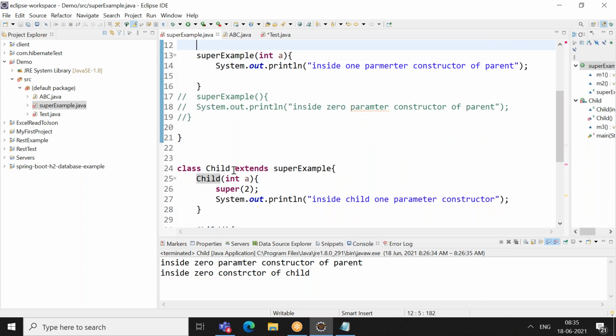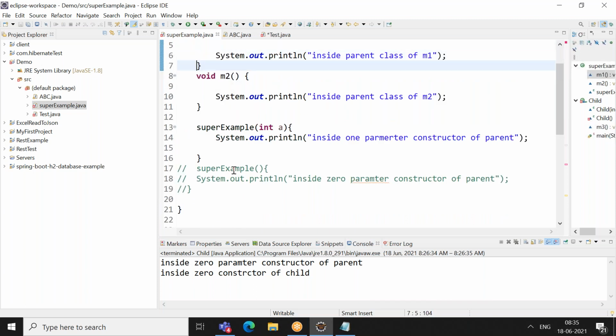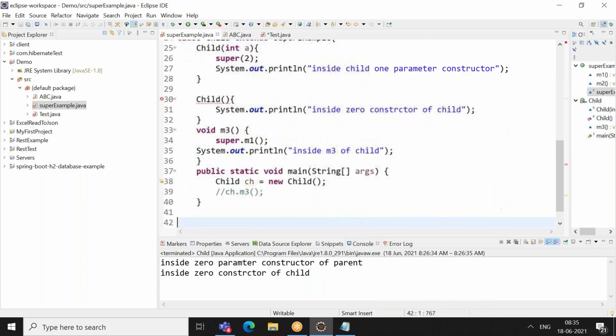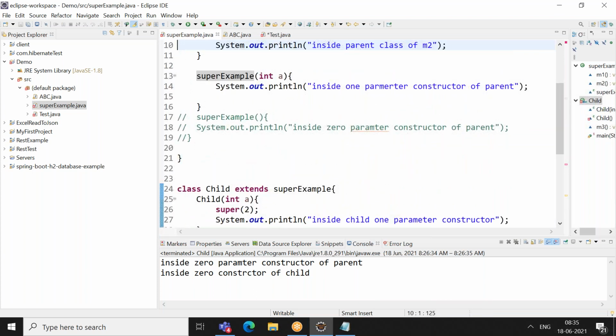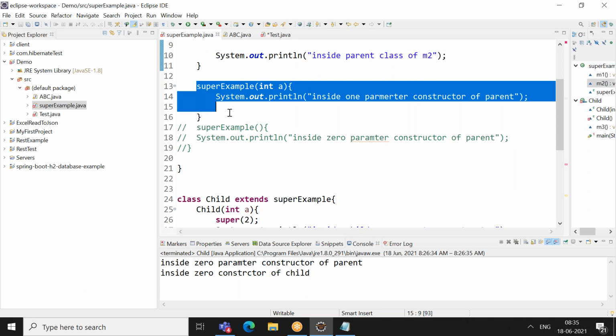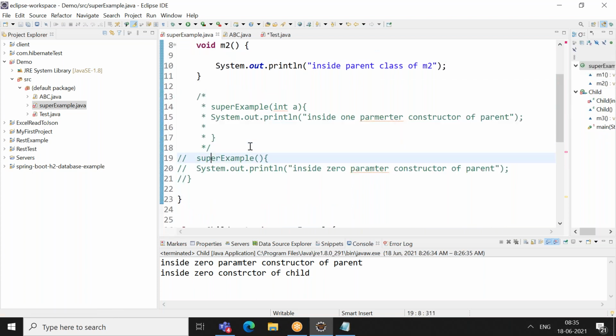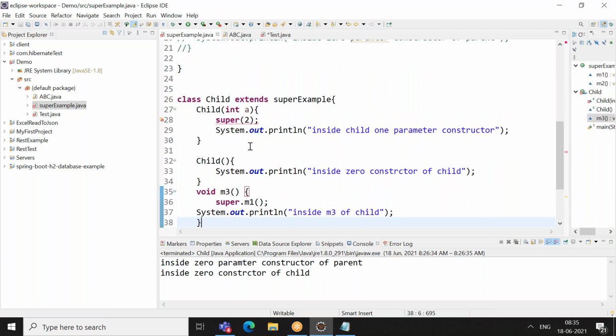Yes, you are right, Aman. What I can do is remove this. Am I right? If I remove this also, that error will go. Yeah, that's correct. If I remove the single parameter constructor, your compiler will create it obviously.